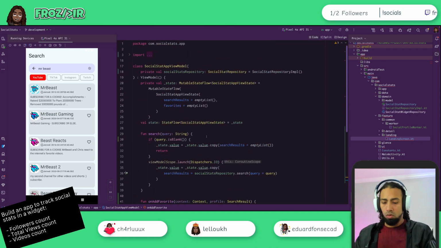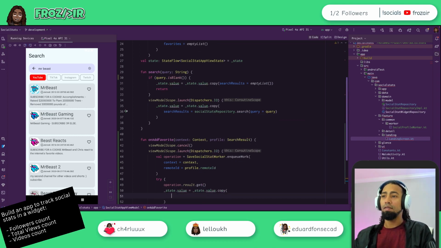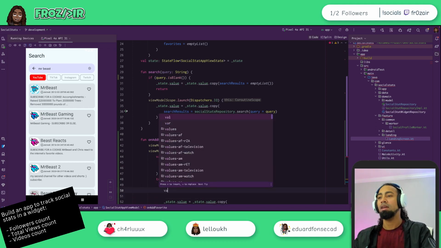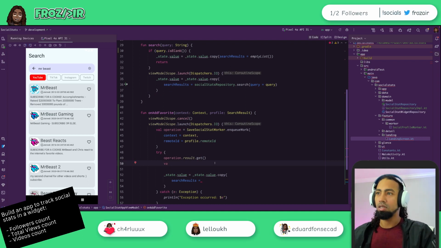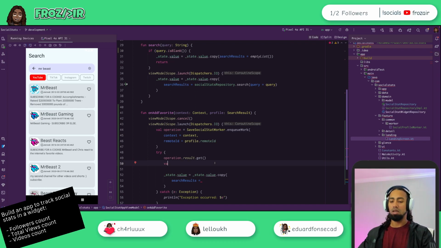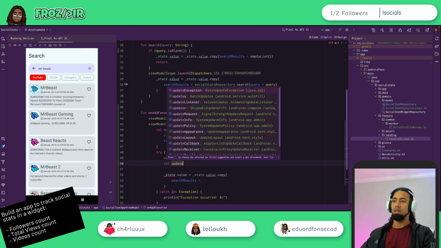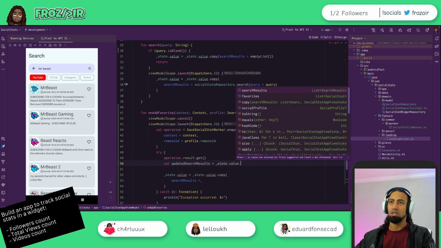So state that value equals state that copy value that copy, and then for the search results I basically need to give it a brand new search result, right? So I need to say, hey, what do I want to do here? Search results, then I need to say val updated search results. This is expensive, I don't want to do this here, but I can say I take the search results and